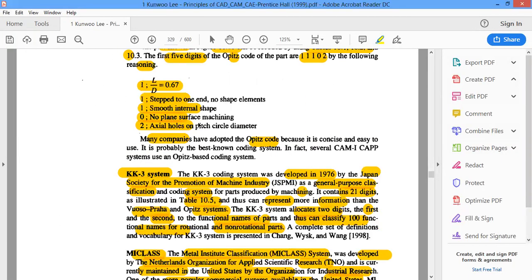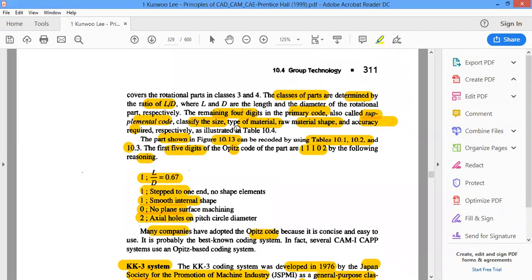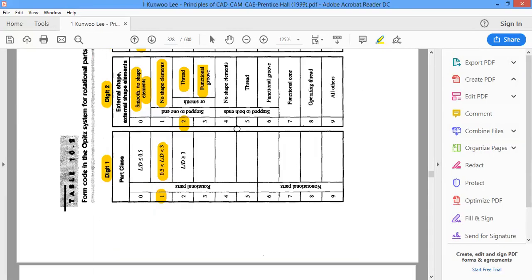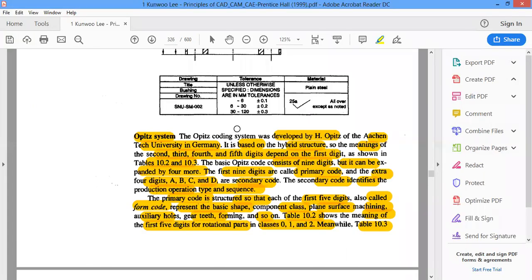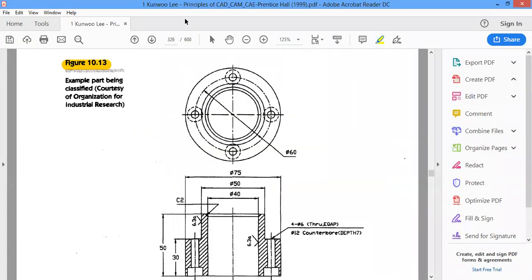Then no plane surface machining at all. There is no need for any plane surface machining over here. Then we have axial holes, and 2 is being used because the axial holes are there on the pitch circle diameter. If you look at this diagram, we have the holes to be made on the pitch circle.